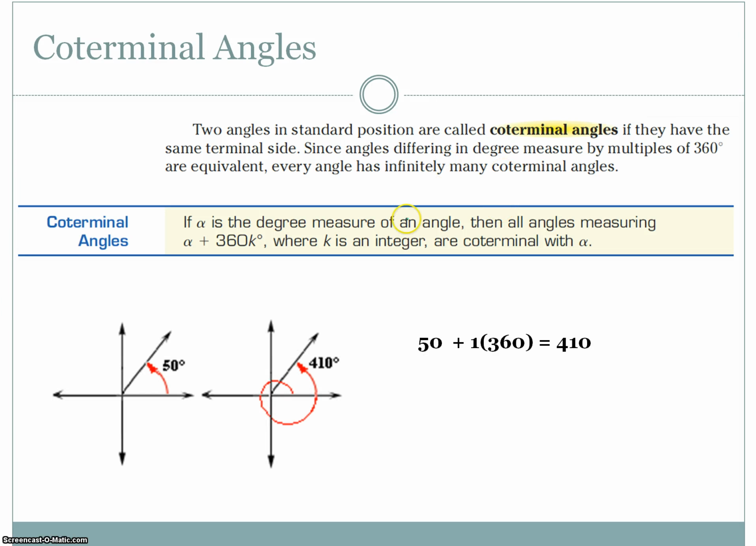So for instance, if I want to get to this place right here, I can get there by rotating 50 degrees, or I can spin all the way around and pick up 360 and then another 50 degrees. And that gives me 50 plus 1 rotation of 360, or 410. So these